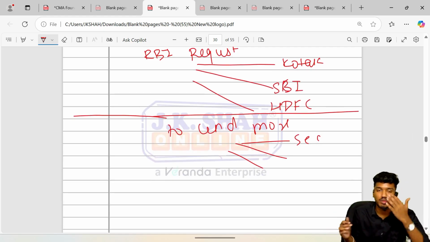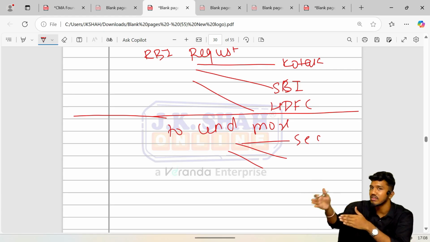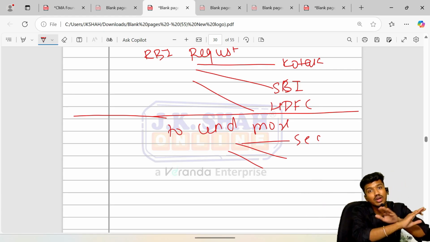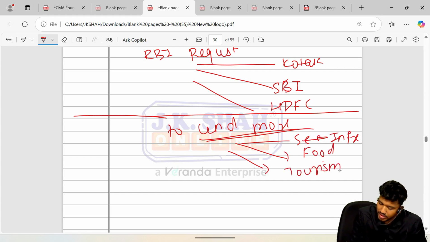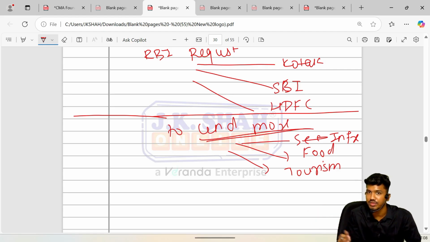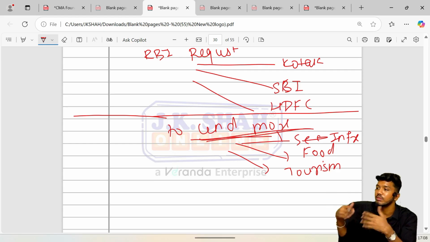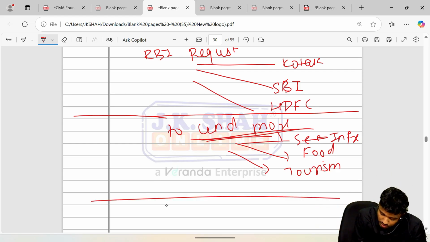So the RBI either requests you as a commercial bank to lend more in certain sectors, or requests you not to lend in certain sectors. It may request you to lend more in sectors like infra, next the food industry, third tourism. Lend more to these companies because they are not performing well and they require funds. That way, in order to have economic growth and stability, lend more in certain sectors. The RBI requests commercial banks to lend more in certain sectors, or it can also request them